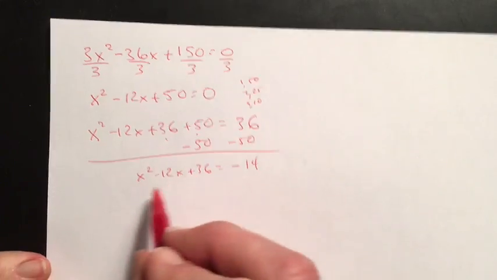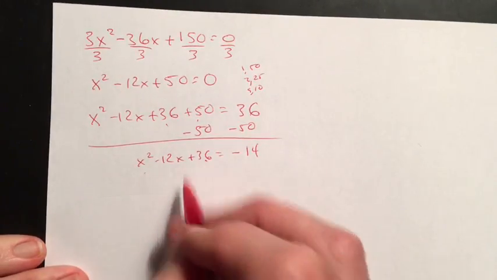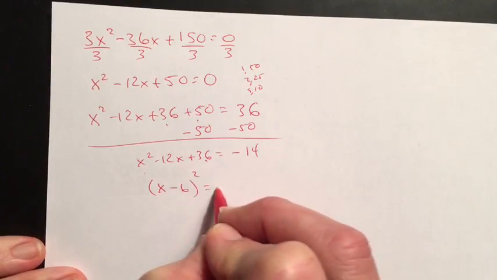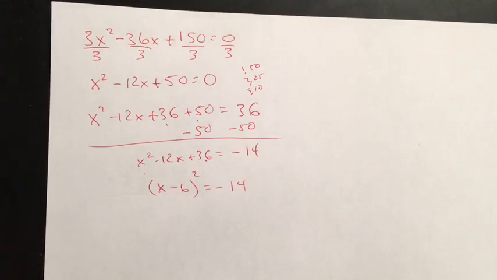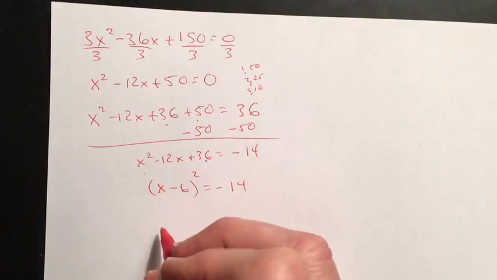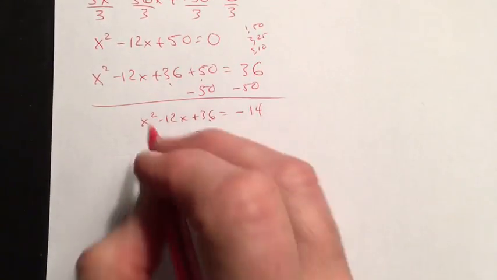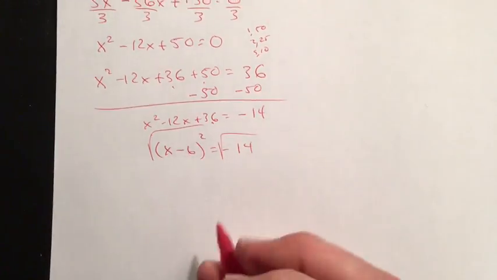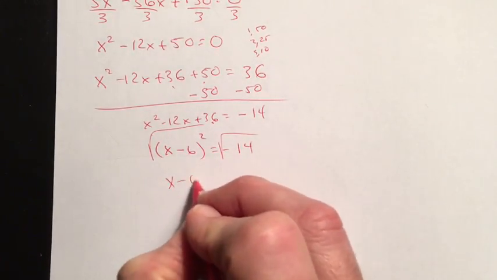Okay, so now we know what to do with this. We created this perfect square: x minus 6 squared equals negative 14. All right, just as we did before, we're going to take the square root of both sides and start cleaning things up. Now you have something interesting going on here with this negative, but it's x minus 6 equals